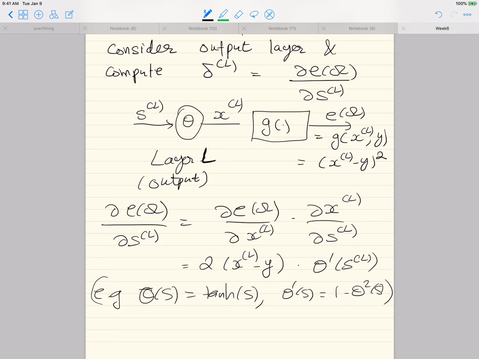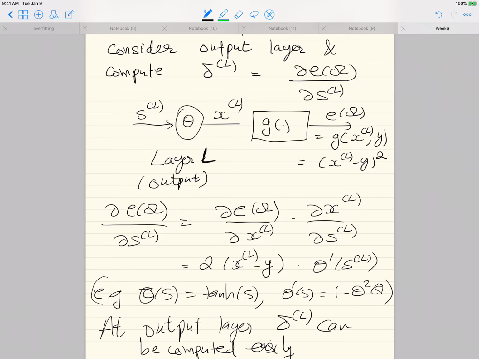Sigmoid has a closed form derivative. They are all nice, differentiable, smooth functions. So computing these things is never a problem, right? It's under your control and you choose it to be a nice function. So the point is delta of L is trivial to compute at the output layer. So at the output layer, delta of L can be computed